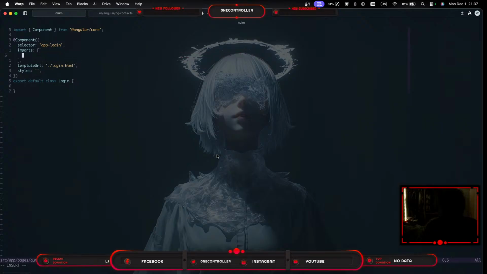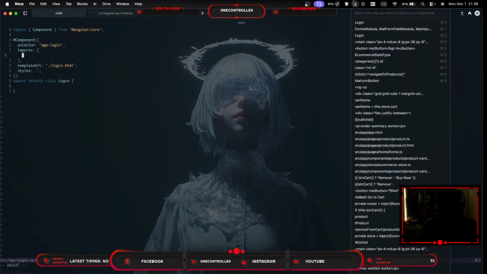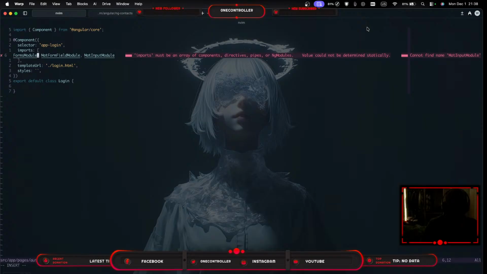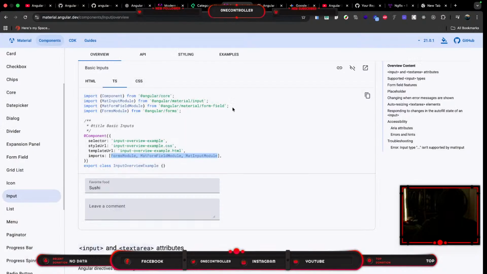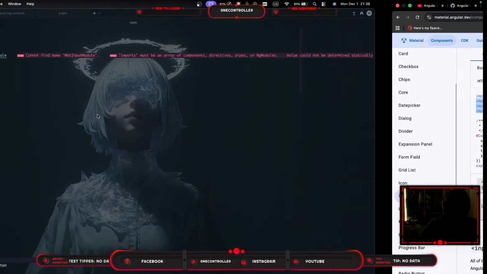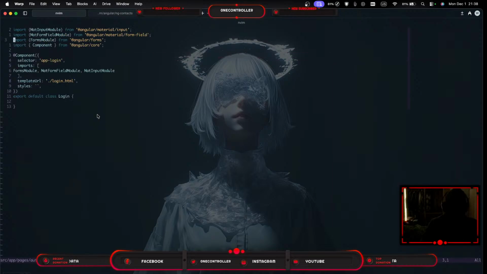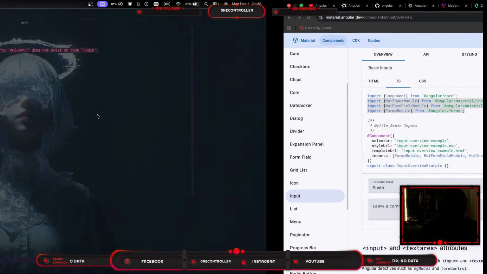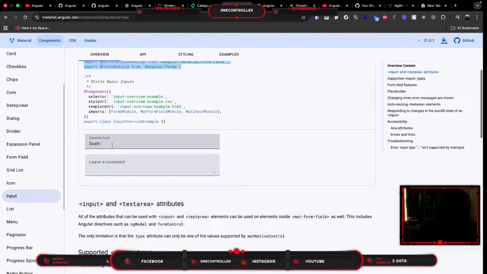Come on, drop. Come on, you want to tell me Angular? Come on, we just get these from Angular forms, and these are simple. It doesn't want to auto import these ones. I don't know why, but yeah, we have them. Okay, so when you go to the HTML, it's going to be simple, and